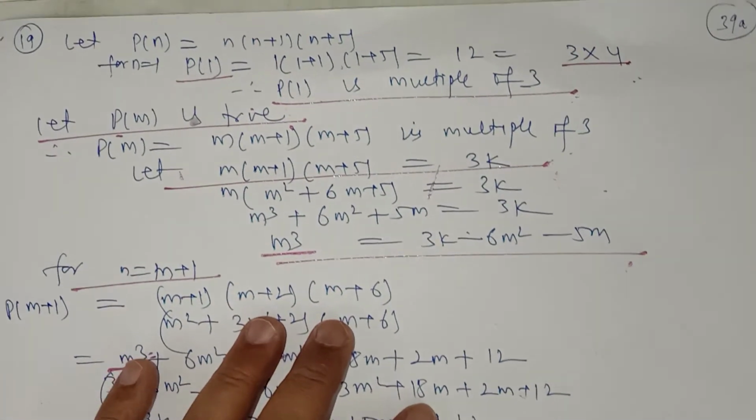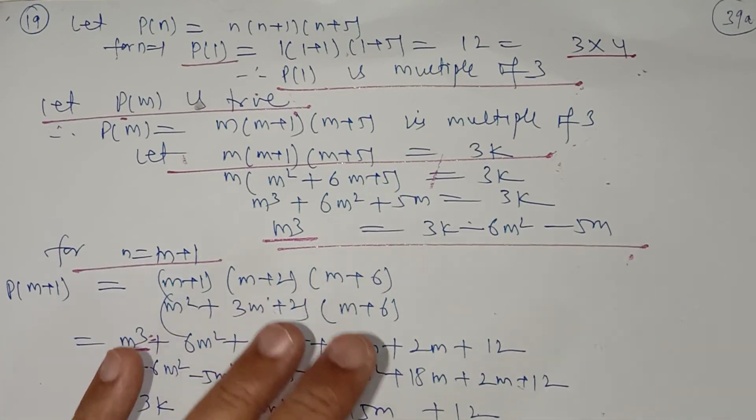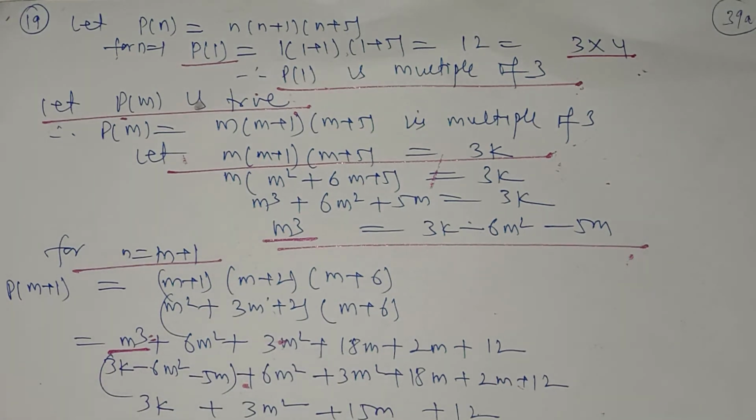So this is the method to do these types of questions based on the principle of mathematical induction, and we have done almost all the questions of this exercise 4.1. The method to prove it is, first of all, you prove that the statement is true for the first natural number, that is n equal to 1. Then we let it be true for n is equal to m, any natural number m, and then we prove that the statement is true for the exactly next natural number after m, which is m plus 1. So we have shown that the given statement is true for all natural numbers.